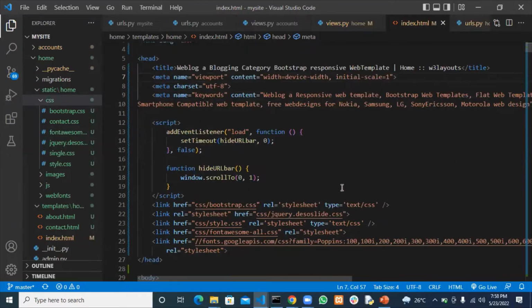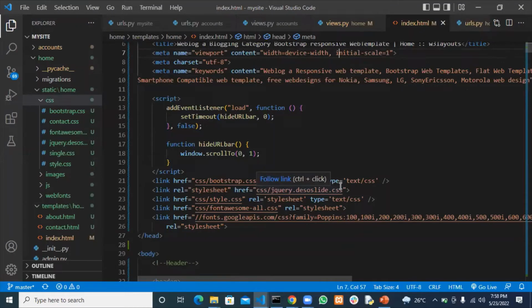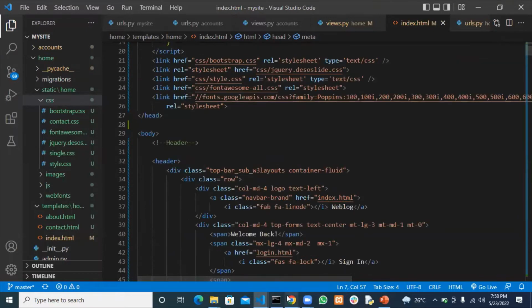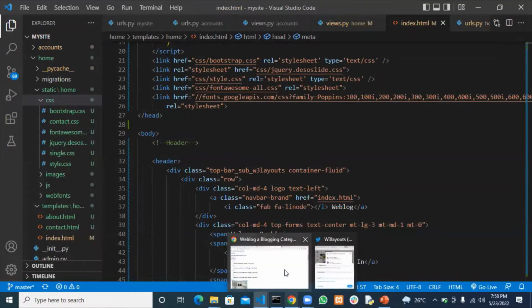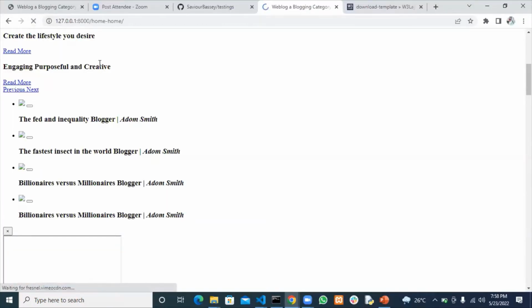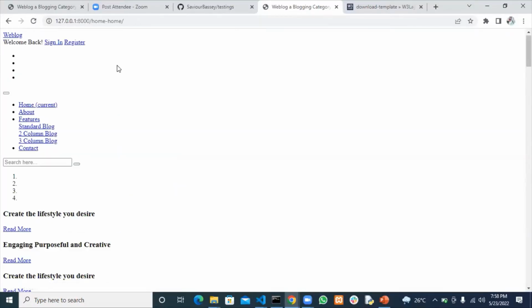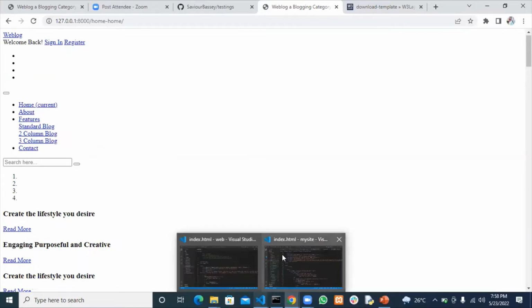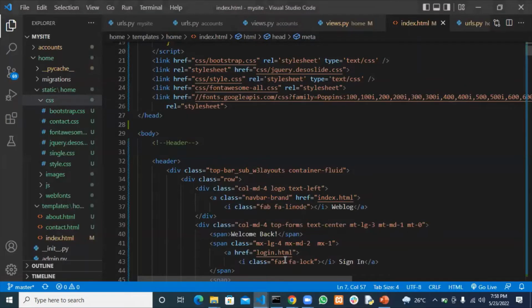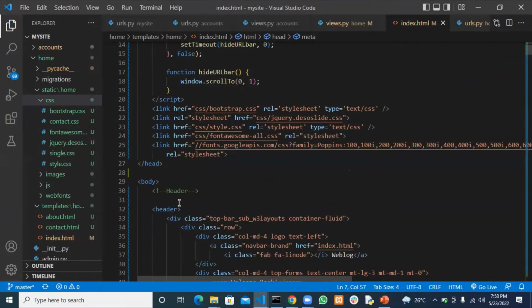Now, in order to do that, we have to specify in each of these files, letting Django know that this is the file that you are going to load. Currently the library is in our HTML file, but nothing is working yet. The library is there, but Django does not know what it is loading. Now we have to let Django know that you are loading these files. And how do we do that? We use